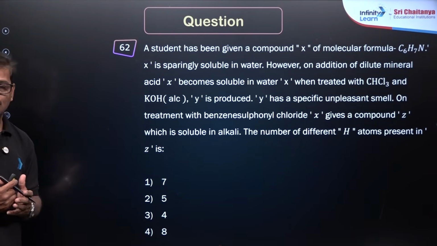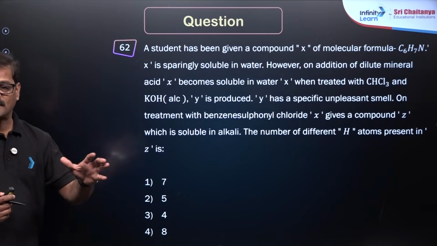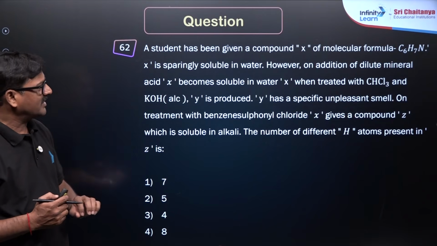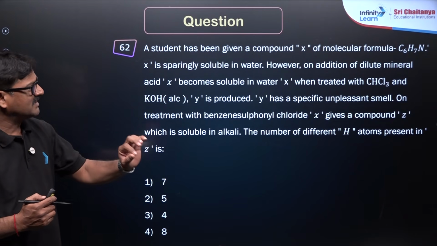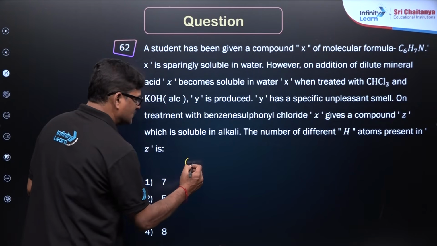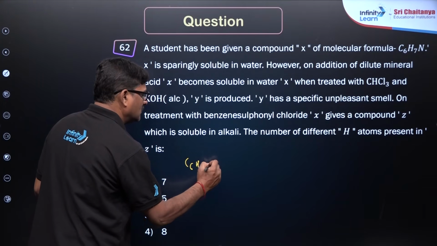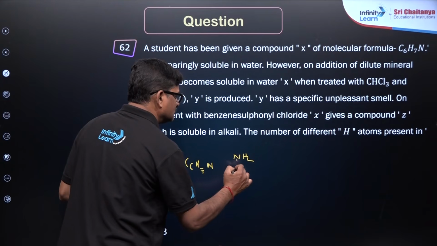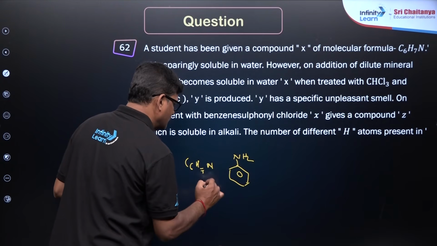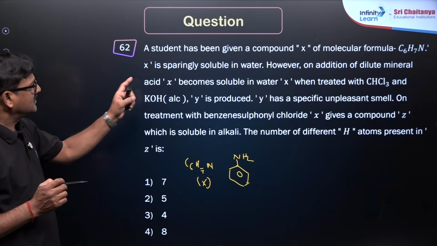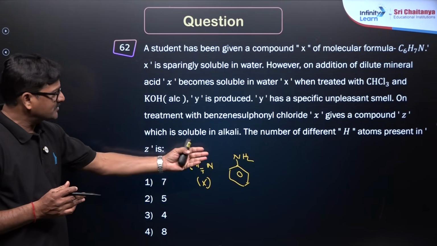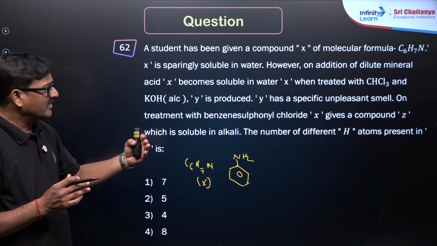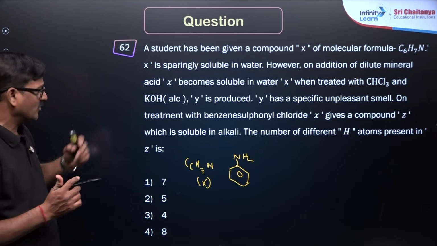Children, here is another question based on benzene sulfonyl chloride and the amines chapter. A student has been given a compound X whose molecular formula is C6H7N. So let us consider this as aniline. You can say this is X, and it is sparingly soluble in water, of course. However, on addition of dilute mineral acid, X becomes soluble in water. When X is treated with CHCl3 and KOH,